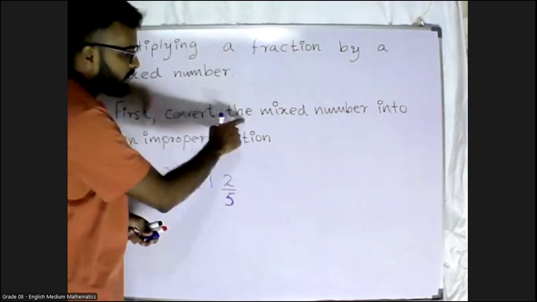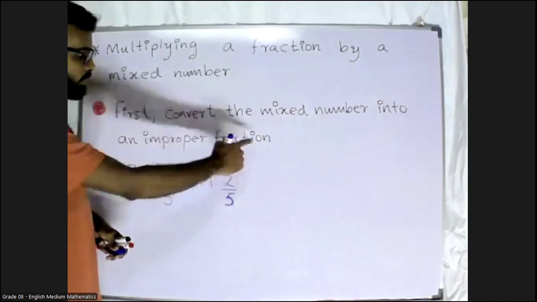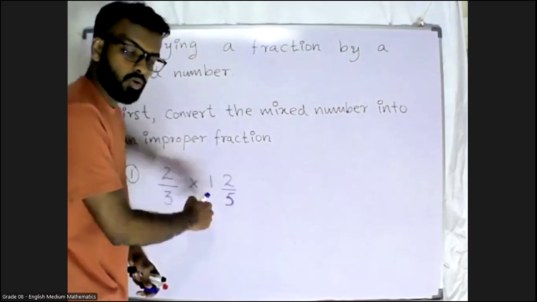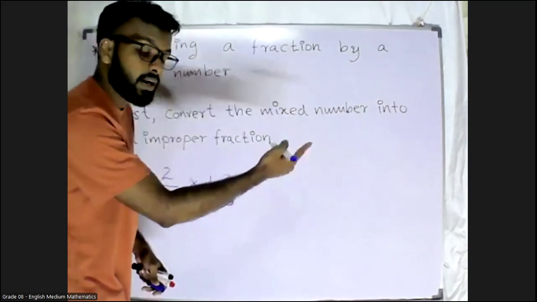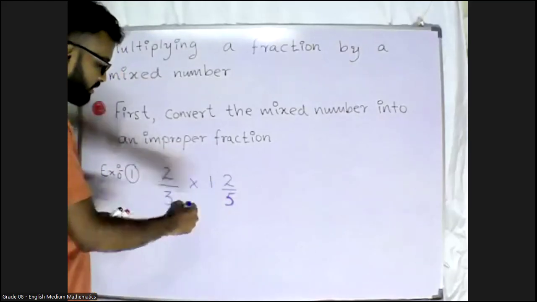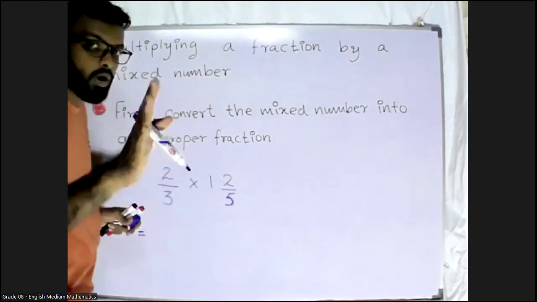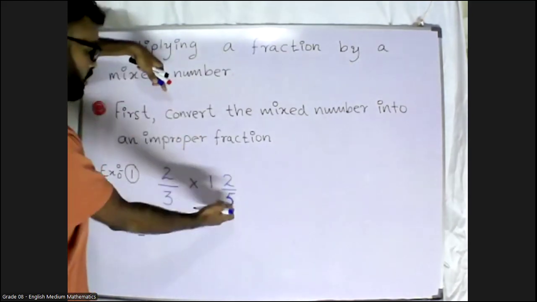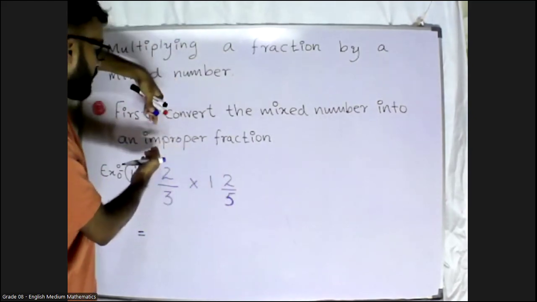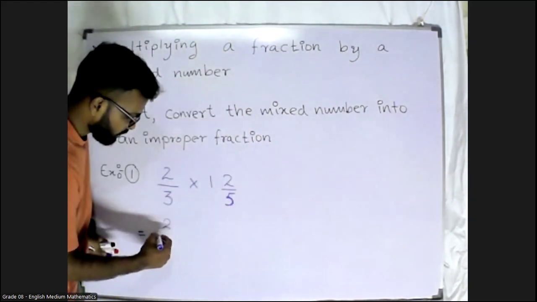Firstly, convert the mixed number into an improper fraction. You know the way, the clockwise method, so I will do it next. Very easy, right? The only thing you have to remember is, if you see a mixed number like this, you have to convert it into an improper fraction first. 2 upon 3, I will rewrite